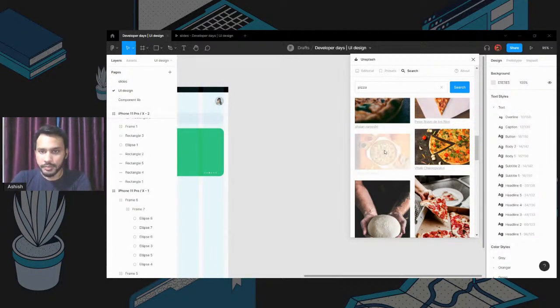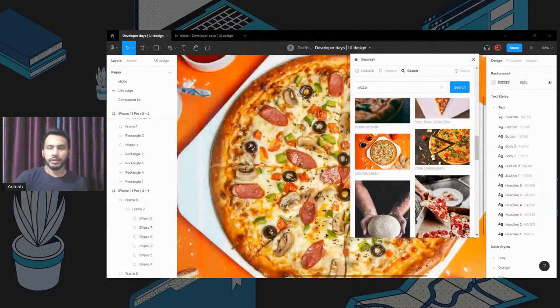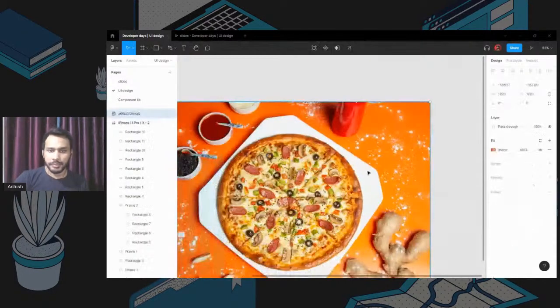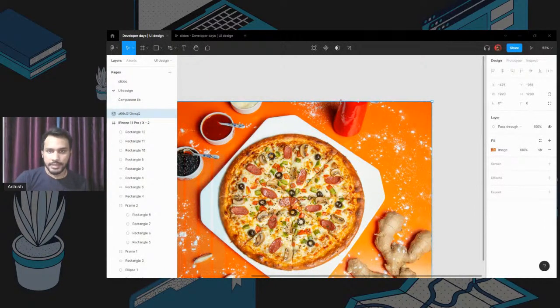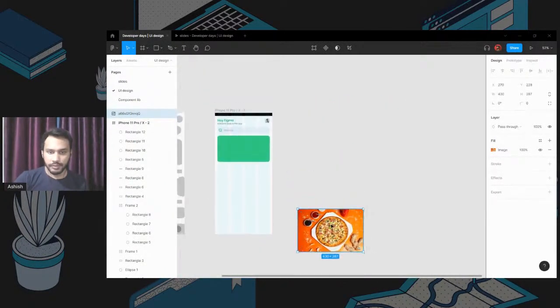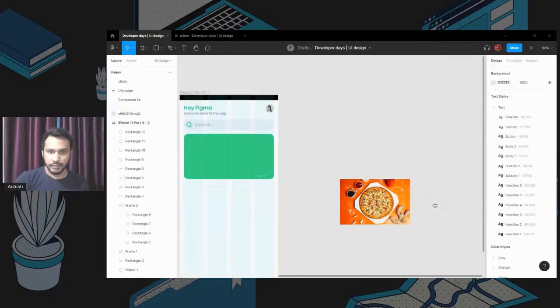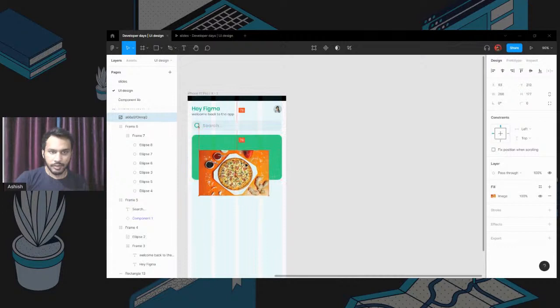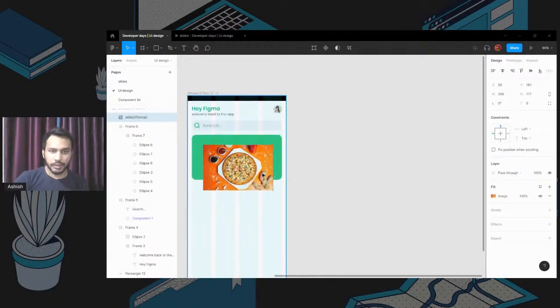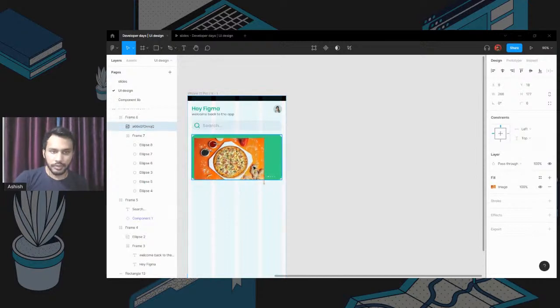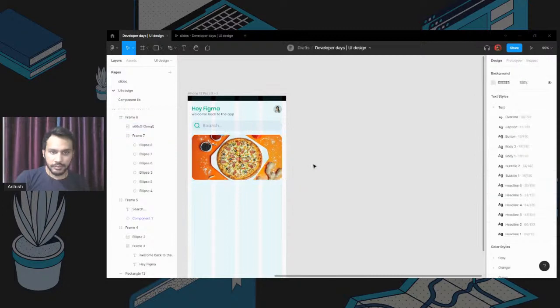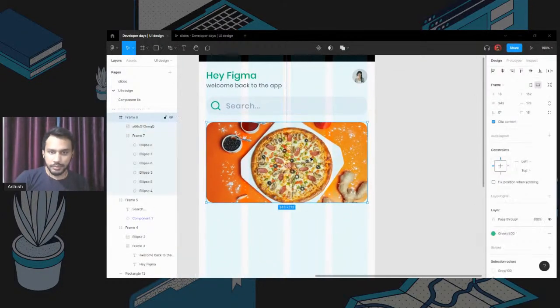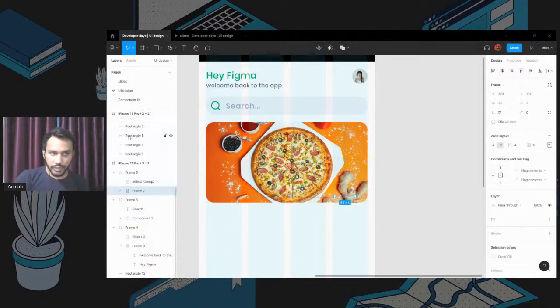So I just click on this image, and this plugin is going to expand. This is a very big image. So resize it while pressing Shift and place that in here. So for forcing it in the card, just while hovering on the card, click Control. So it's going to force that image into the card. Let's increase the values or the aspect ratio. So now we have our dots